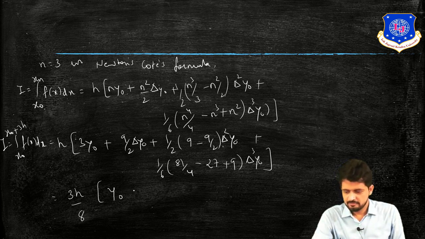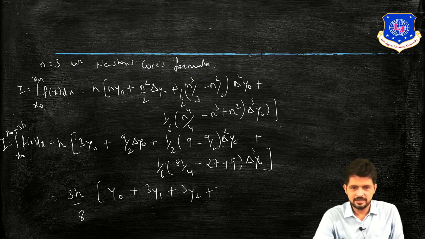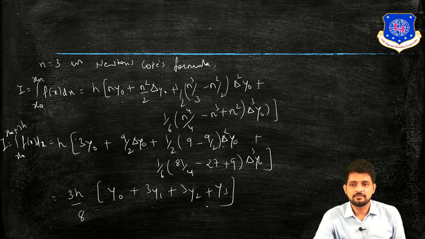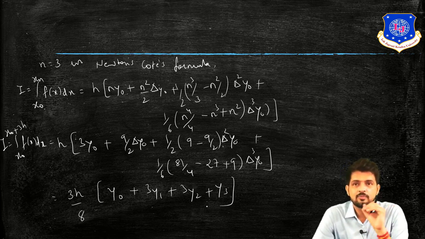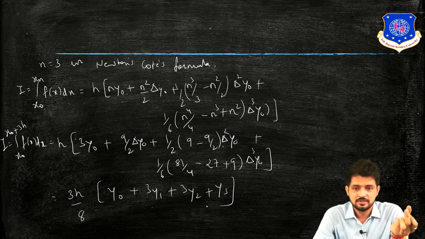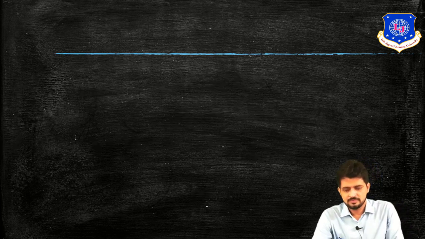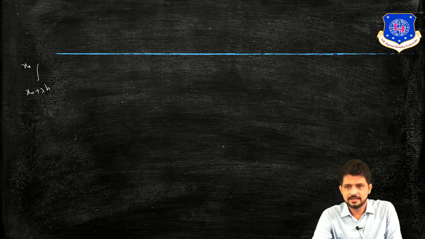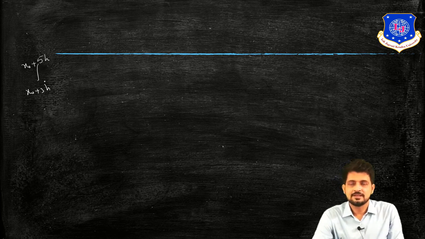(3h by 8) y0 plus 3y1 plus 3y2 plus y3. Okay, this is the answer of the first integral. My second integral will be from x0 plus 3h to x0 plus 6h, not x0 plus 6h. See, my second integral will be from x0 plus 3h to x0 plus 6h, and my answer will be